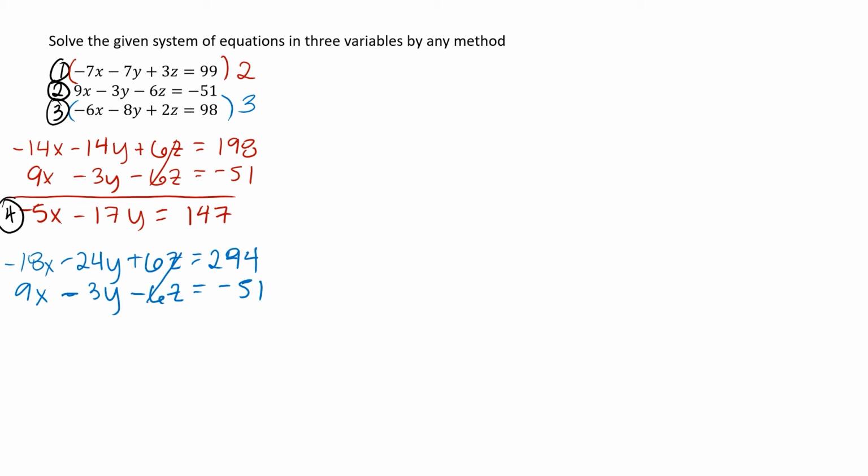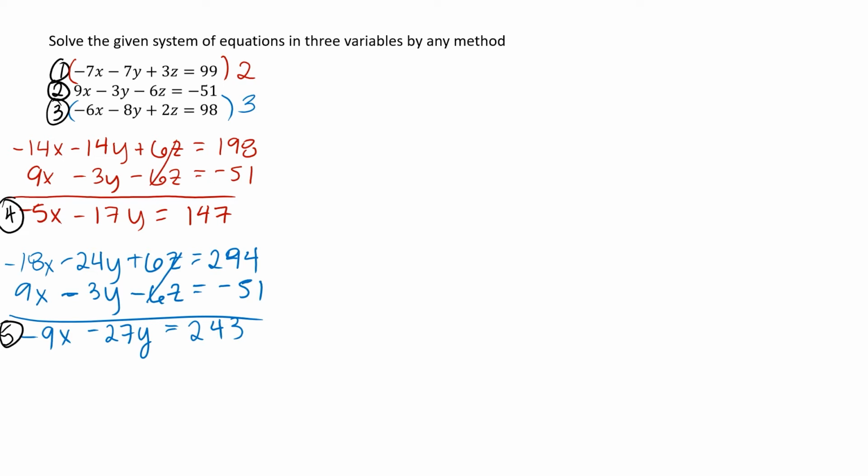So then I'm going to get negative 9x minus 27y equals 243. Okay, perfect. Then I'm going to label this one 5. So now I have 2 equations with just 2 variables. So then I'm just going to solve by regular 2-system